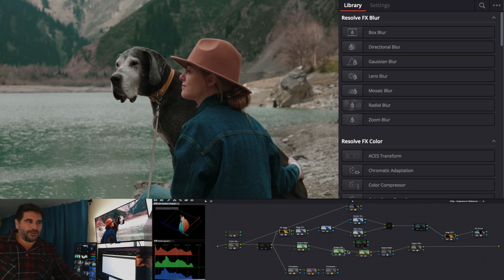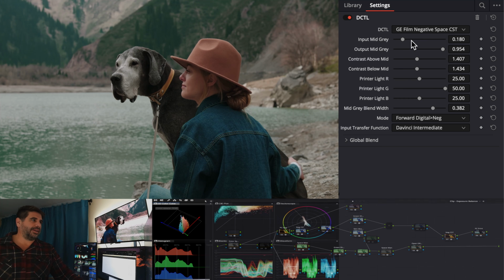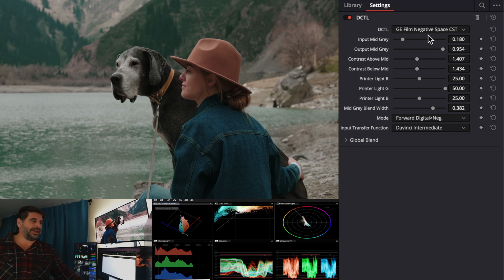It's really a unique setup, and I am just now scratching the surface of, hey, how can I use this? And what ways can I use this when I'm not doing a film look, but I really just want to do this really cool selection, really cool moves in terms of affecting the image, because it's going to feel different. The tools are going to play differently. Everything is going to play a little bit differently in this new space that you made, the Film Negative Space